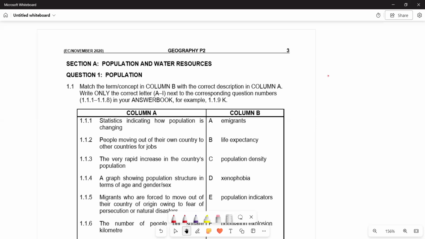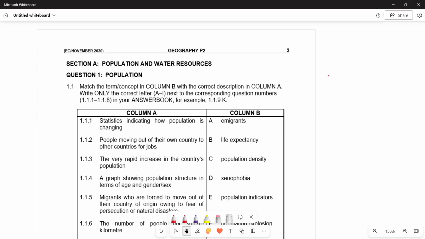In this video, we want to look at a question from a question paper, and we are going to look at population, that's question one, and we're only going to look at matching words. So this is the question that we have: match the terms or concepts in column B with the correct description in column A. Write only the correct letter, that is A to I, next to the corresponding question numbers,